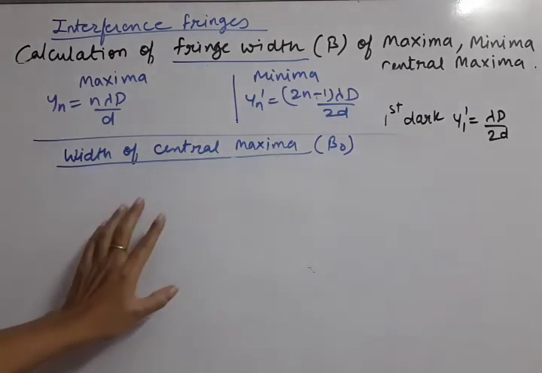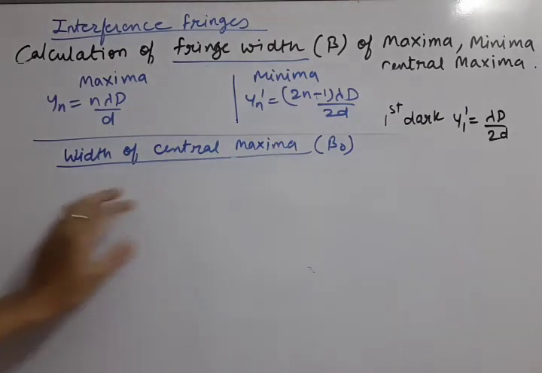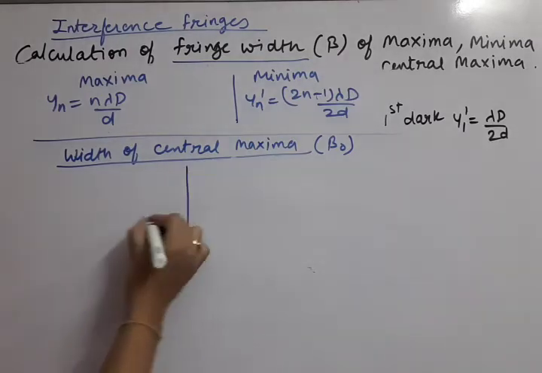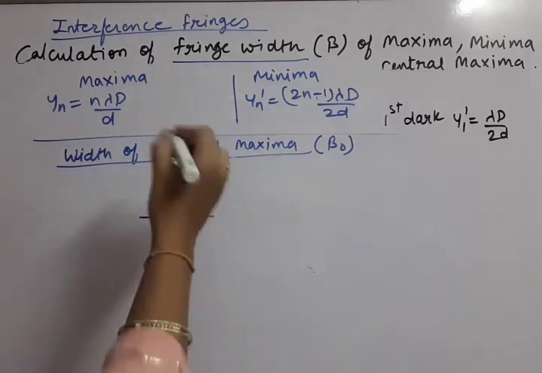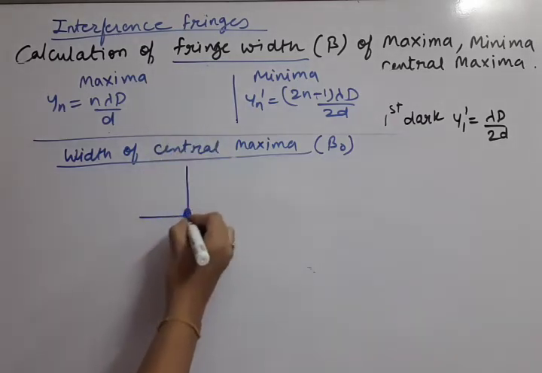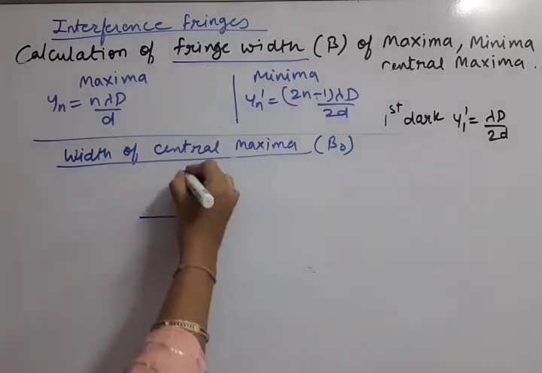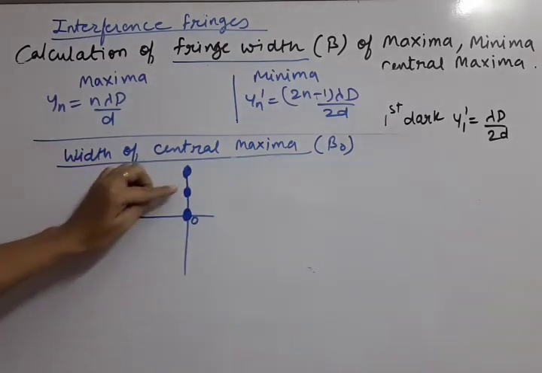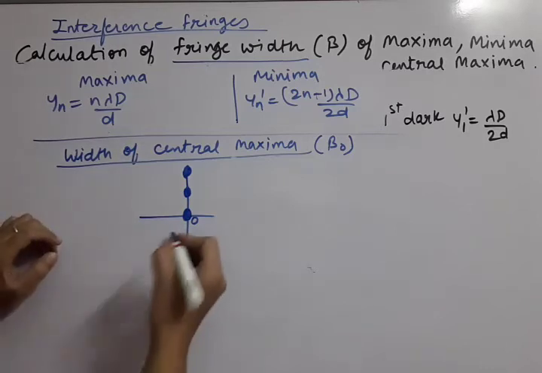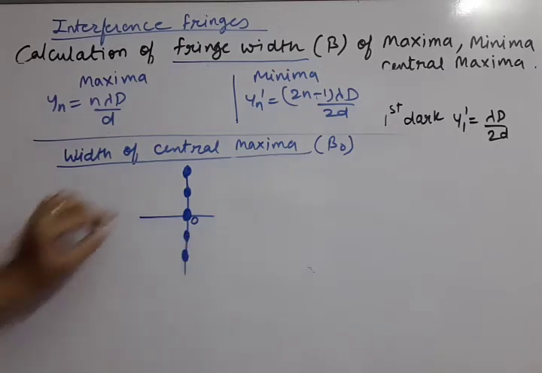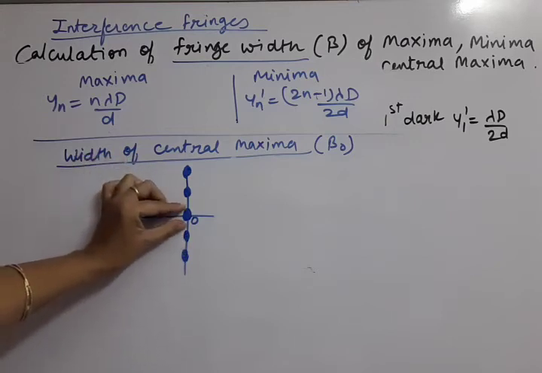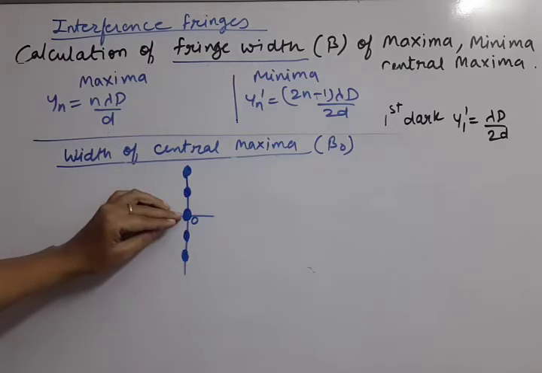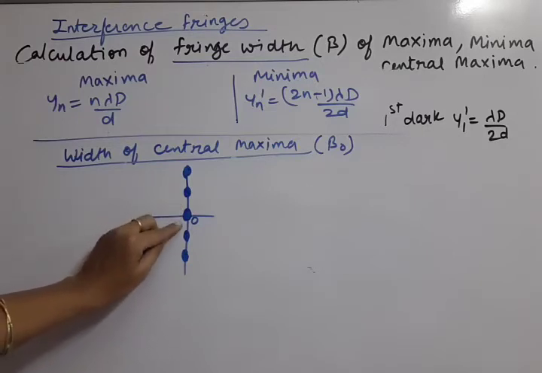As we have proved that at the center maxima is formed. So if we see the diagram, if this is our center of the screen, we know that maximas and minimas are alternatively formed. So here the maxima is formed. Then again maxima, and in between any two maximas, minimas are there. This way the pattern is. So these all darker ones are maximas. Now if we talk about the central maxima, it is half above the center, and half below the center.